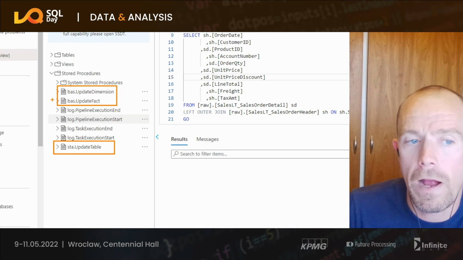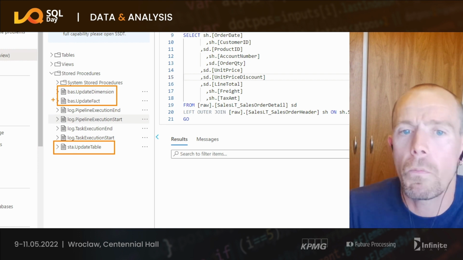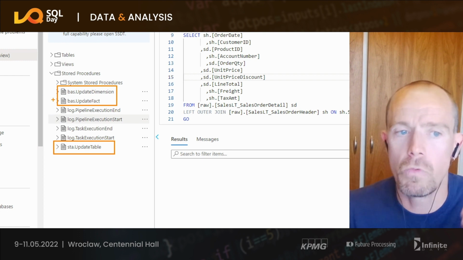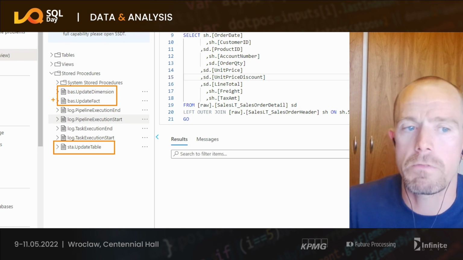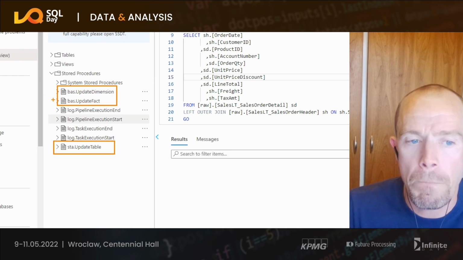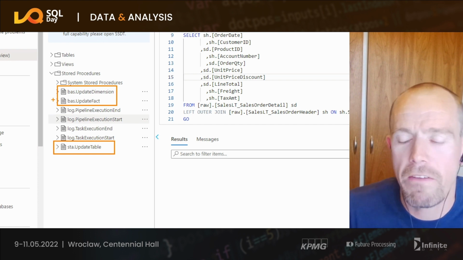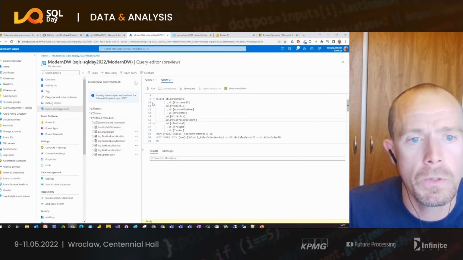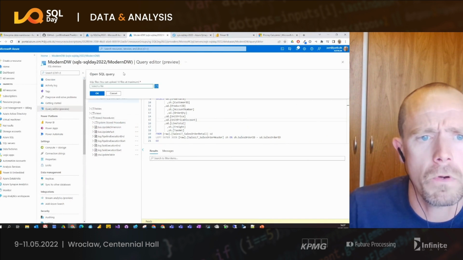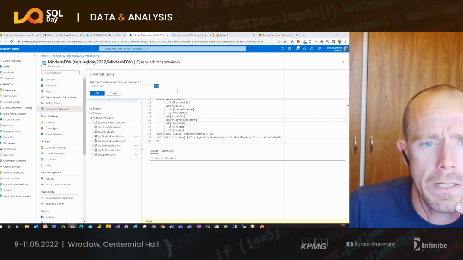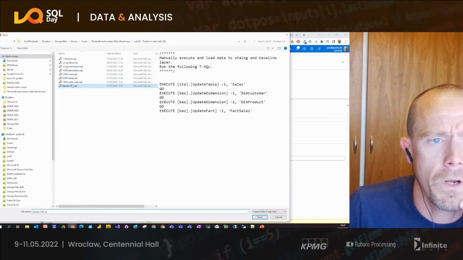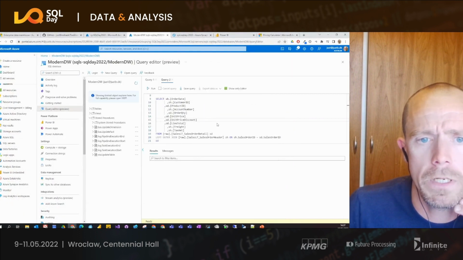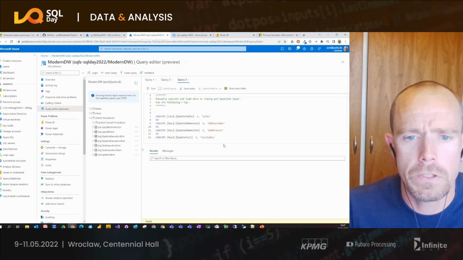And then we have four different stored procedures that we use to do some generic logging, so that we can see how long it took to run this update of this fact, how many rows we processed as part of this, and some other stuff, so that we have an audit trail of when we are doing what in here. So let us just open one more query here, just to let you see what it should be doing. And I have one here,